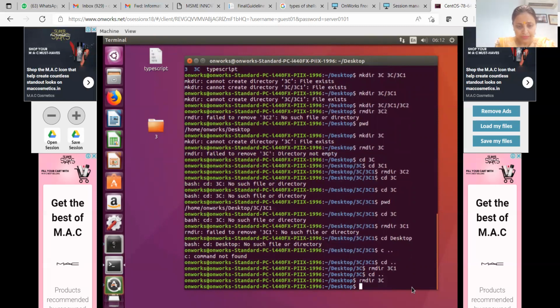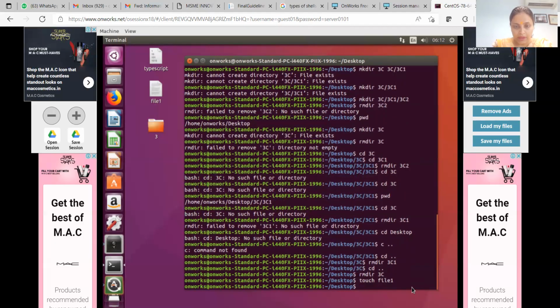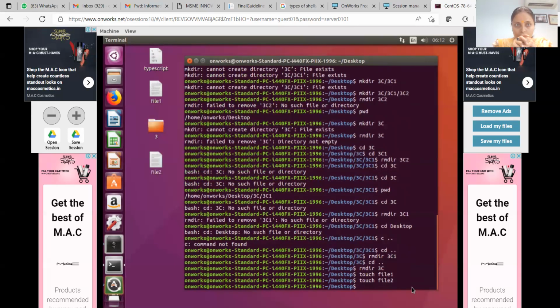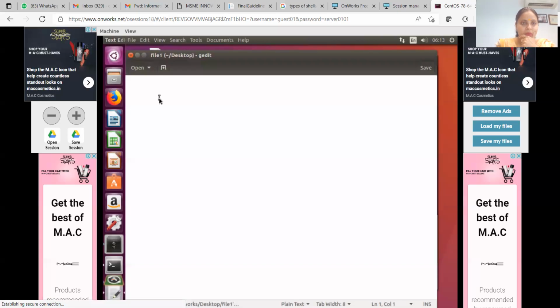नाउ टच करके, टच से एक हमने फाइल 1 बना ली, राइट। एक हमने फाइल 1 बना ली है, ठीक है। अब देखो यहाँ पे ये फाइल 1 बन गई, और फिर हमने एक का किया, हमने फाइल 2 बना ली, ठीक है। एक हमारी फाइल 2 बन गई ना, 2 फाइलें बन गई। अब हम क्या करते हैं, इनको ओपन करना पड़ेगा, लिखना पड़ेगा इनके अंदर कुछ ना कुछ, ठीक है। तो फाइल 1 को मैं ऐसे ग्राफिकली ओपन कर लेती हूँ, और